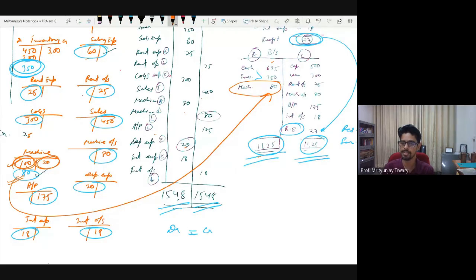Fine. In the balance sheet, now you are saying that you are left with machinery worth only 80 lakhs, even though you had purchased it for 1 crore rupees. This is an acknowledgement of the fact that you don't have 1 crore worth of machinery left anymore. Still I see some confused faces. We did this just yesterday, not that many days have passed, remember? Deepika, are you getting it? What are we talking about?